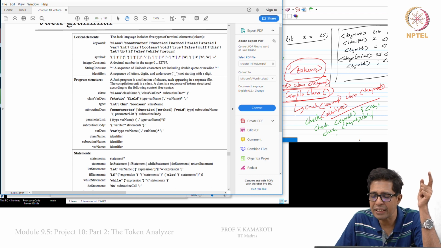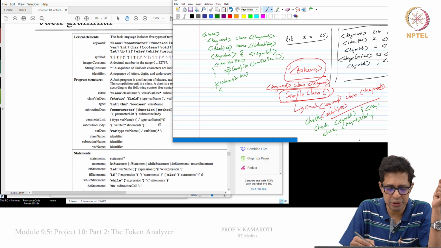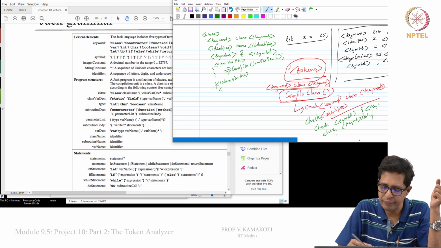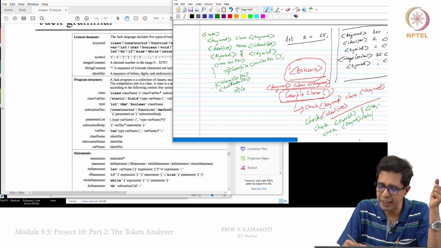If it is there, then with the same indentation, you write subroutine dec, and here you call compile subroutine declaration.